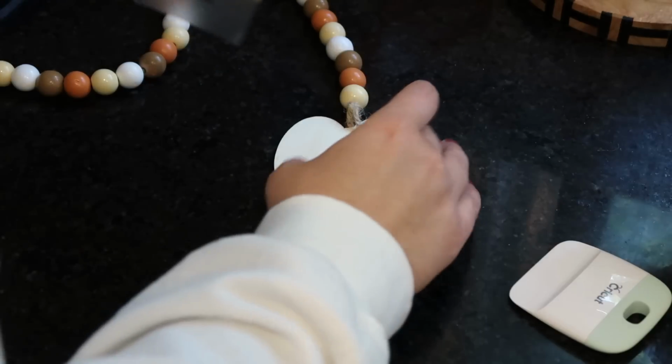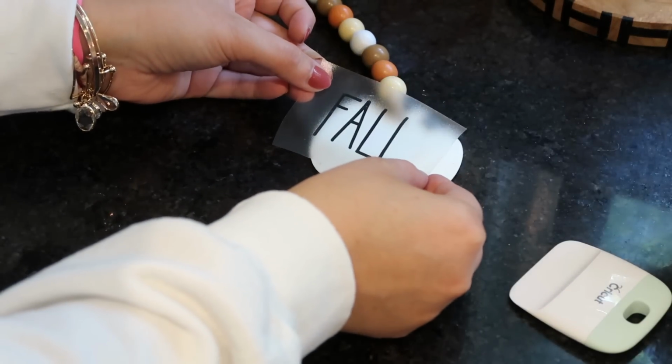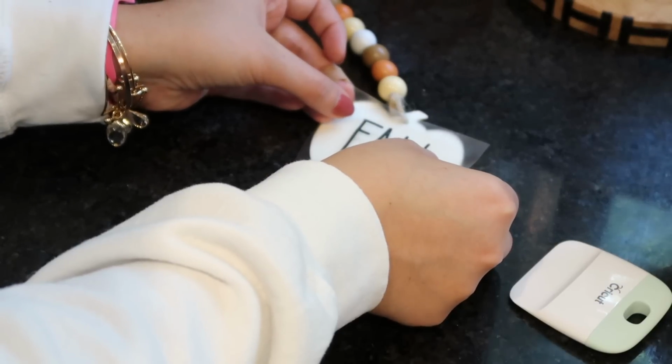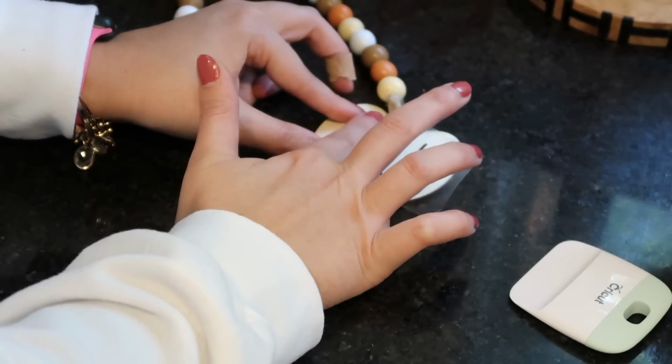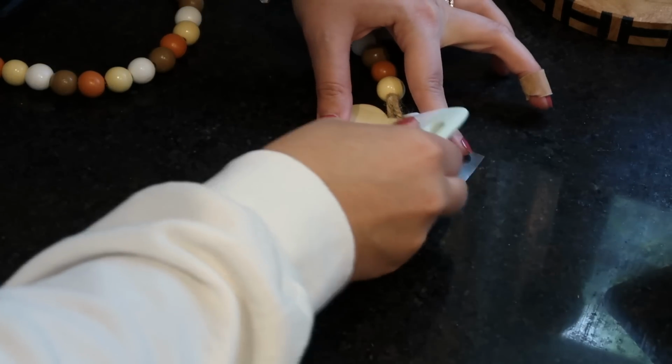Alright, so once I've got it on my transfer tape, I'm going to figure out where I want to put it on my little pumpkin, and I'm just going to place it down, and that's it. Super easy. I love that I can customize this to whatever I want it to say, and then I'm just going to make sure that it's on there really good and pull off the transfer tape, and it is there